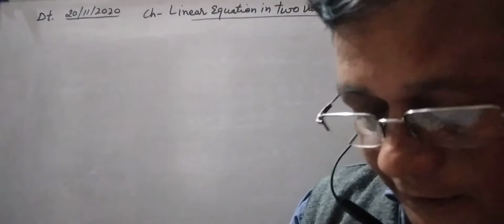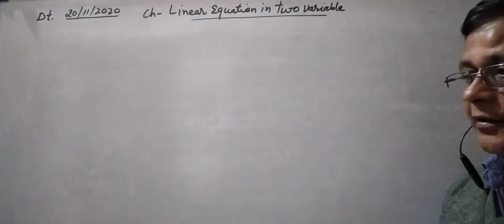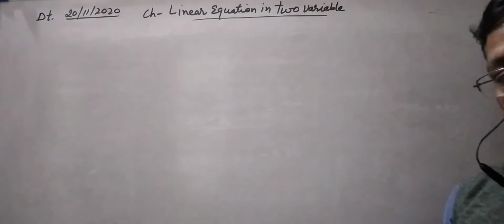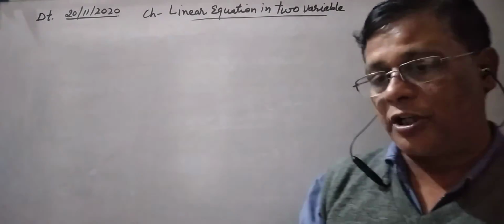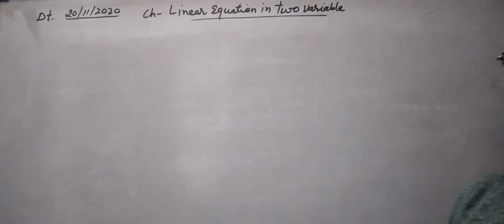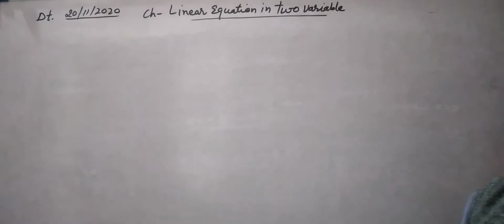As we have read, we were going through triangle congruency. But now, because the time is so limited, I am trying to take the short chapters first, quickly, and then we'll take the longer chapters, that is triangle, quadrilateral and circle. Correct? So first we begin with the new chapter, chapter number 4, linear equation in two variables.